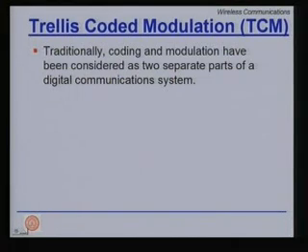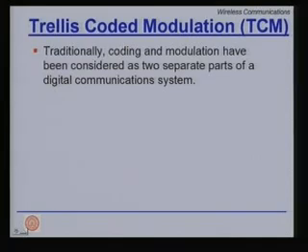The other interesting philosophy is as follows: when you do error control coding, you add redundant bits. Redundant bits would require extra bandwidth. Question is, can I combine modulation, where I can play with the bandwidth requirement, and error control coding together, so that I can have an improved performance without spending more on bandwidth? It's like asking something for nothing, and TCM promises exactly that. You can get additional noise performance without asking for more bandwidth.